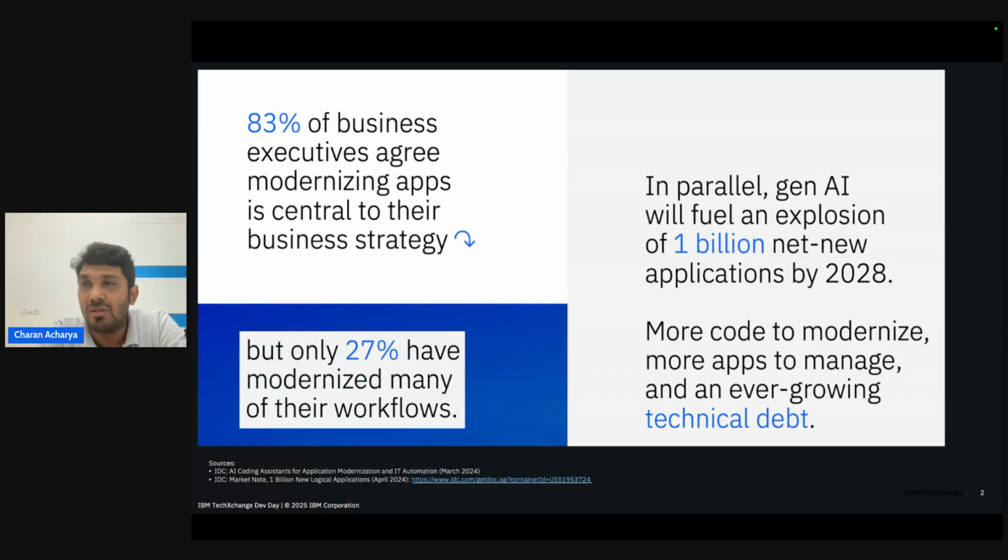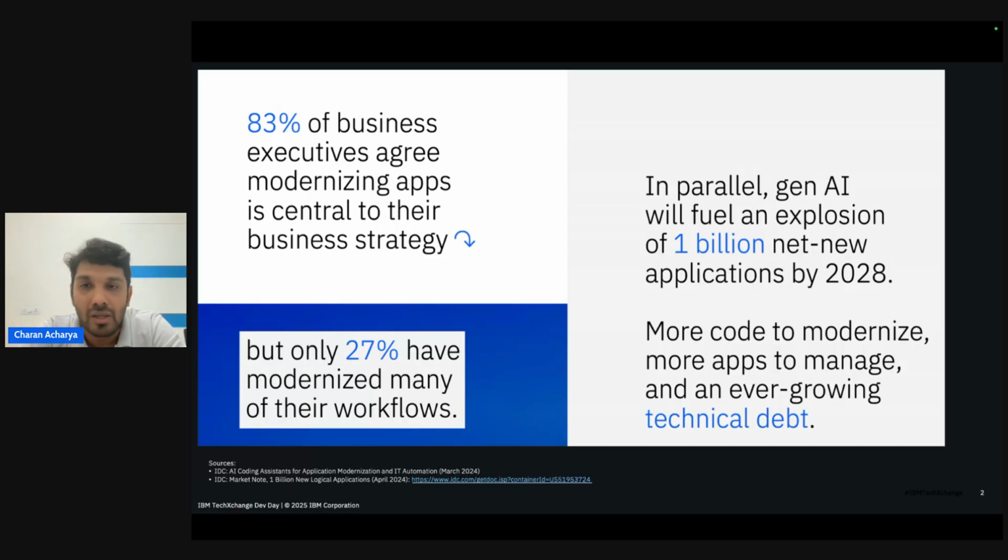It's not very easy because it's a huge application, and there's a huge risk associated with it. You do the upgrade and you end up breaking something, which no one wants. There's also lots of revenue associated with such legacy applications, so it may incur revenue loss as well. While executives are thinking about how they can modernize these apps, in parallel